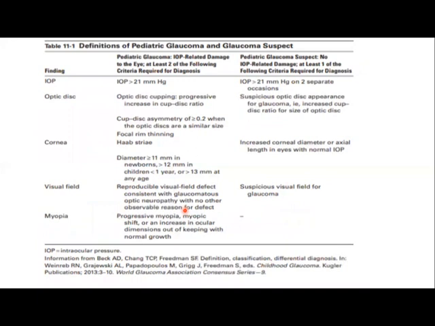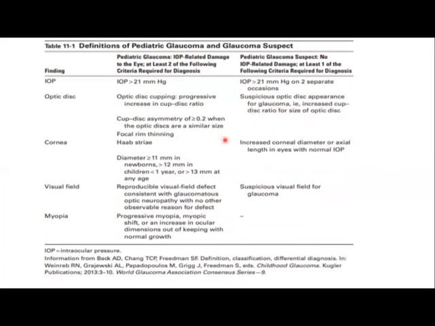And this table gives the definitions of pediatric glaucoma and glaucoma suspect. As we discussed earlier, pediatric glaucoma diagnosis is based upon the IOP, optic disc, cornea, visual field, and myopia. But pediatric glaucoma suspect is no IOP related damage, with at least one of the following criteria required for the diagnosis. The IOP greater than 21 mm of Hg on 2 separate occasions, and suspicious optic disc,